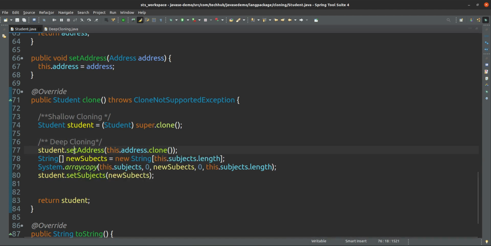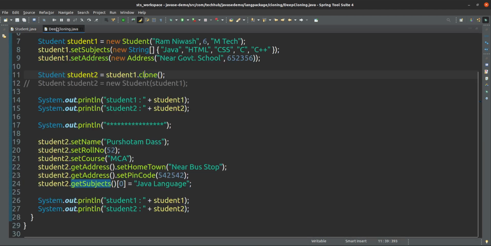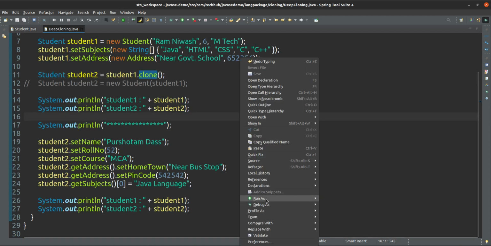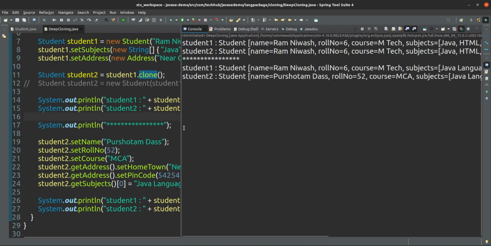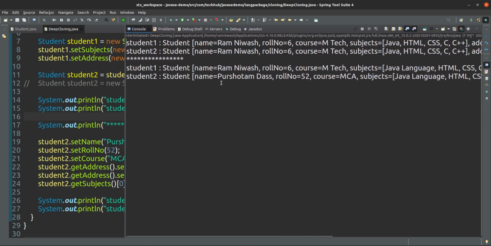Suppose I comment out these deep cloning statements, what will happen? Suppose I run this one and you will see the output. See, I am cloning only the student, but I am not cloning the address and array.